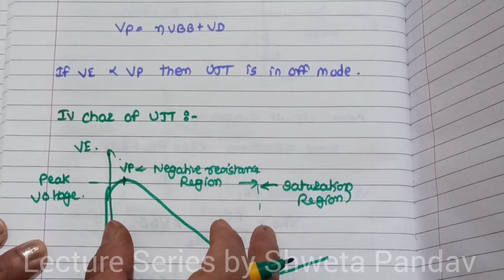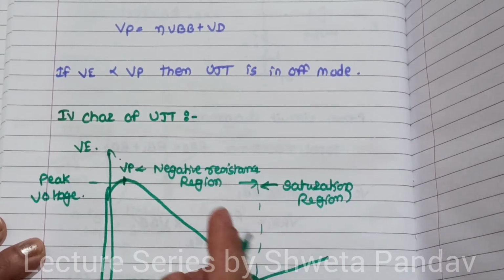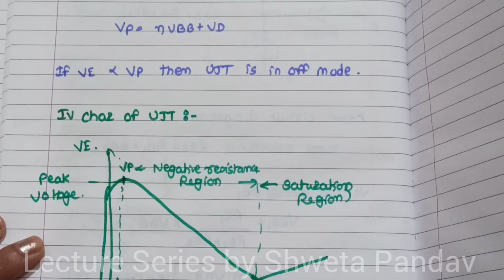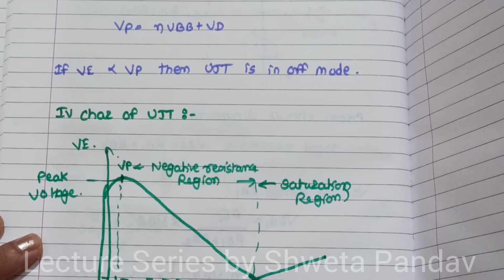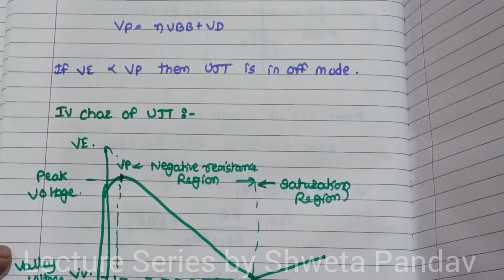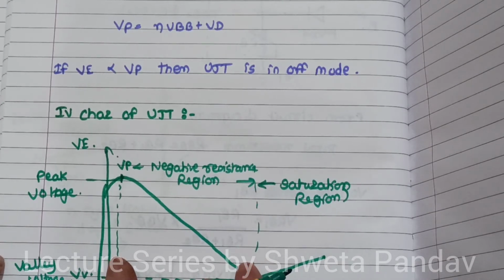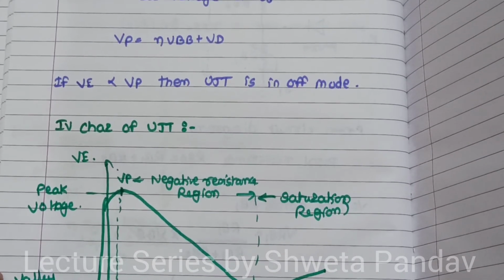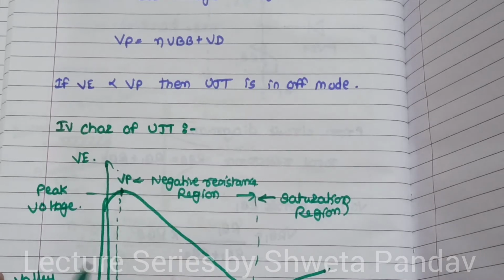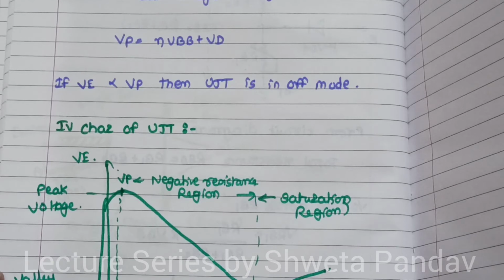The negative resistance region is very important. It is used in various applications. The current at the peak point is given by IP, that is nothing but the peak current, and the voltage at this valley point is given by VV, which is nothing but the valley voltage. As we had seen, this is the negative resistance region, but this region has positive resistance, because after this valley point the resistance starts increasing. So this is all about the IV characteristic of UJT.